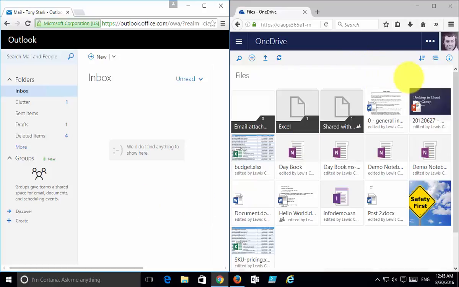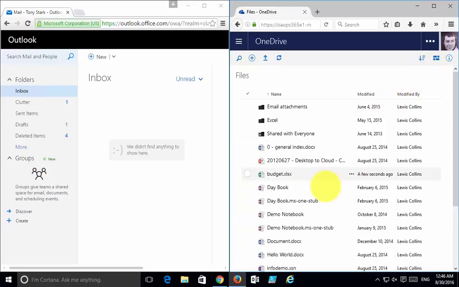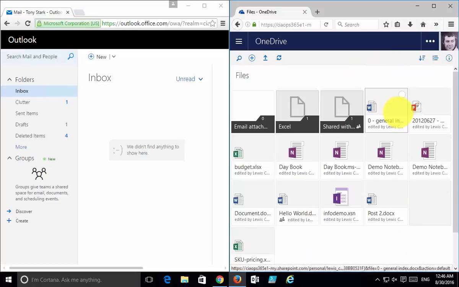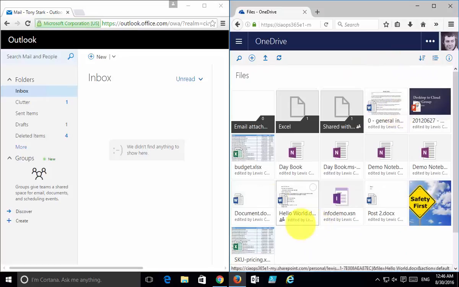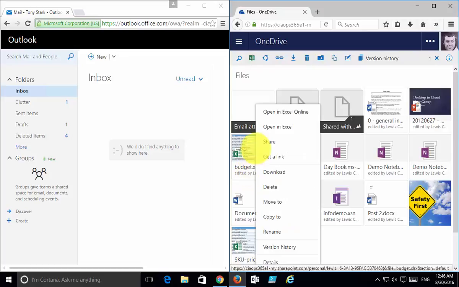Now on the right hand side you'll see that I have the display of my OneNote files in a tile arrangement. I can easily change that by going to the top right here and swapping it back to being simply a file list. But I'm going to go back to the tiles, make it nice and easy to view. Now what I'm going to do is I want to share this file here called budget.xlsx. Now to do that I simply right mouse click on the file and select the option here to share